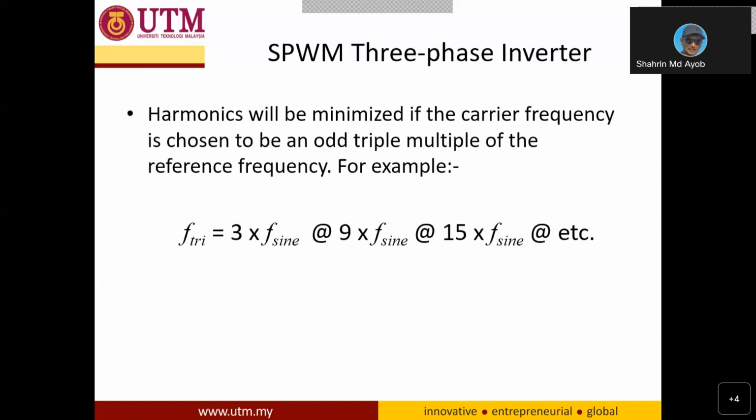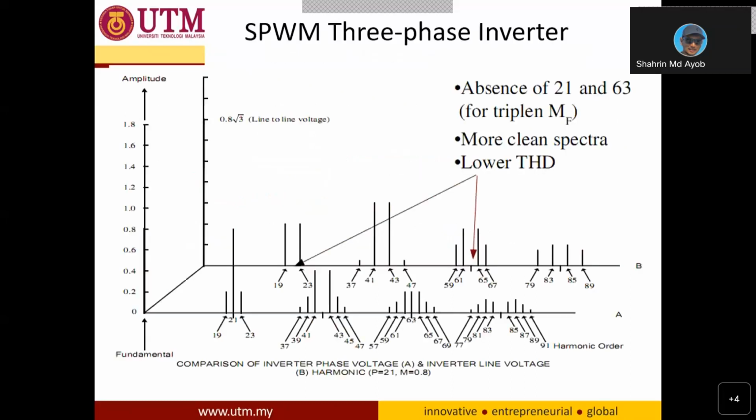There is another advantage of PWM. If your carrier frequency, FC, which is the same as the switching frequency, is in factors of 3, meaning 3, 9, 15, then all the harmonics that are odd triplen multiples of the reference frequency will be automatically eliminated. What does that mean? This one,